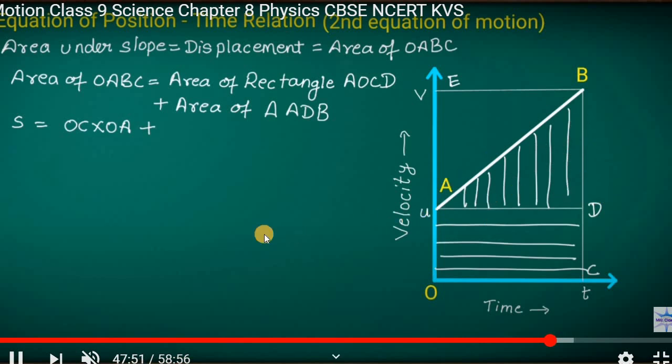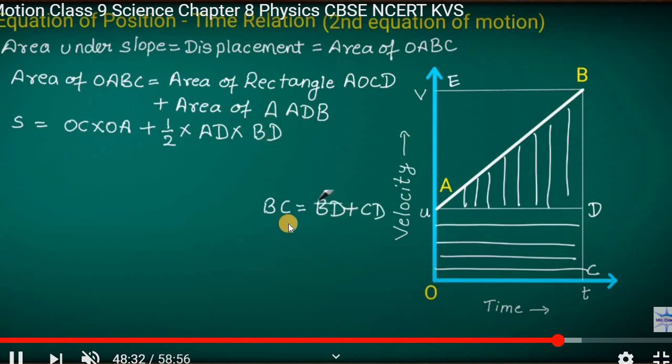And so, the area of triangle ADB is equal to 1 by 2 multiplied by the base. Which is the base of the triangle? AD. So 1/2 into AD and multiplied by the perpendicular. Here BD is the perpendicular. So the area of triangle ADB is equal to 1/2 into AD into BD. Here one line is there, which is BC. It is made up of BD plus DC. If we add BD plus DC, then we get BC. So BC is equal to BD plus DC.